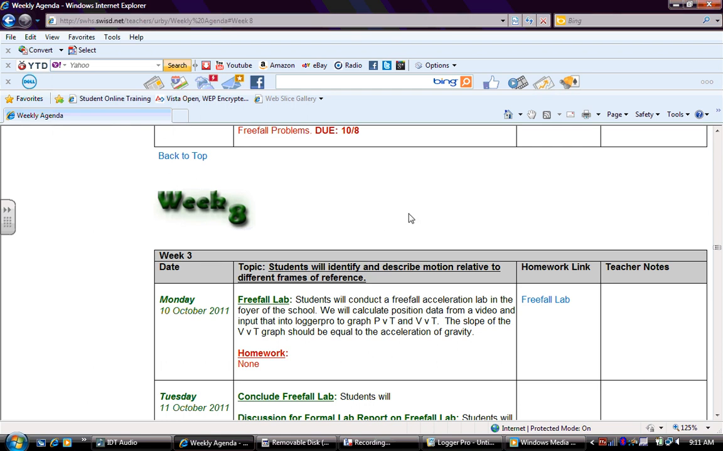Alright, so this lesson is for Monday, October 10th, 2011, and today we're going to be conducting a Freefall Acceleration Lab where we'll be getting some position data for Y as the ball drops from a certain known height. Just to give you an idea of what it's going to look like, we'll be going out to the foyer in the front of the school, and we're going to be dropping a ball from a certain height, which you